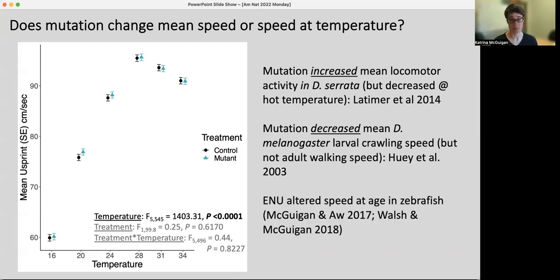Just briefly, we've looked before, in a small number of families, just 20, at swimming speed at just 28 degrees in this population of wild fish, and we found a relationship whereby in the mutated but not the control populations, speed declined with age. We looked for evidence of that kind of pattern here, but it's much more complicated to find due to repeated measures. Fish that are older are also more experienced and have had training. They're encountering different temperatures, because the order of temperature encounter was randomized across individuals in the population. So there's no evidence that anything was going on, but we have much less ability to detect it in this kind of experiment.